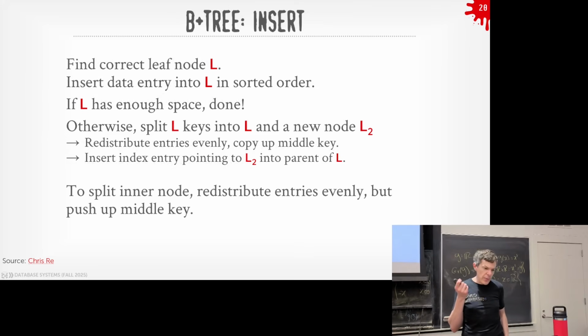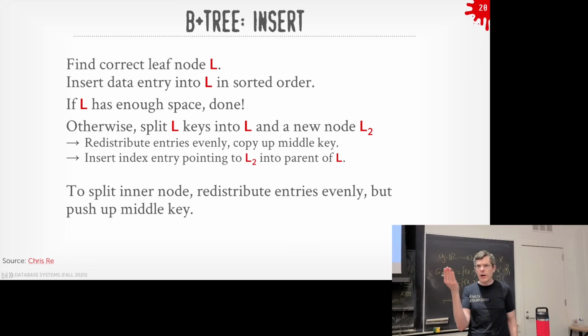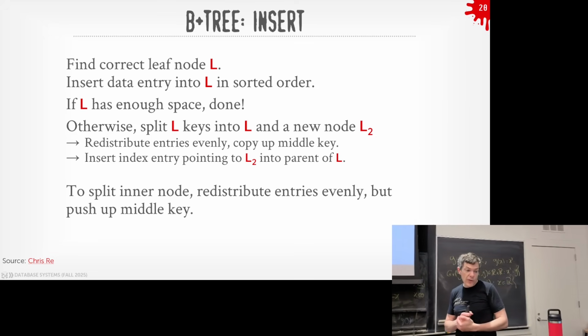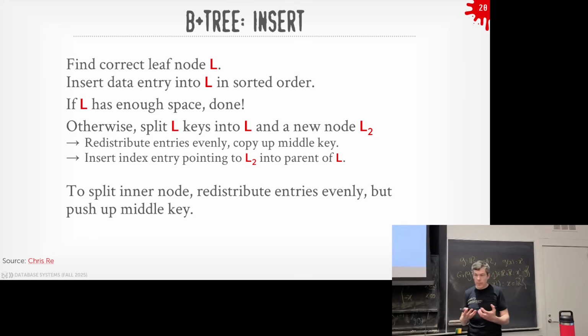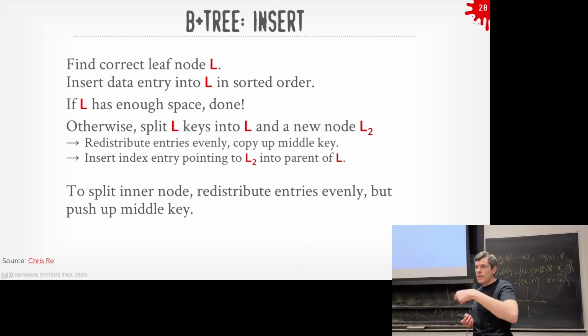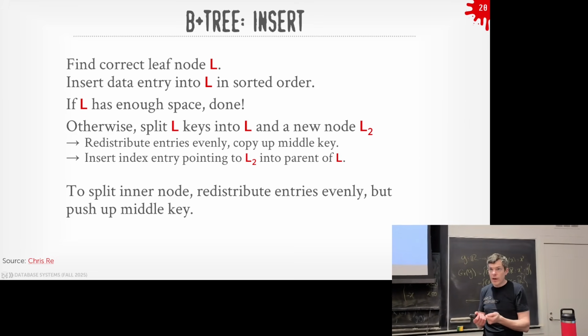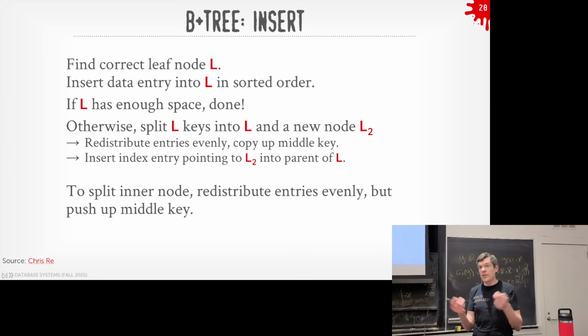All right, so let's first talk about how we want to do insert. The protocol for doing a lookup is, again, you just look at the keys, figure out whether you want to go left or right, and then jump down and keep going until you find the leaf node, and you either find the data you want or you don't. Now to do an insert, we're going to do that same lookup procedure where we traverse the data structure, find the leaf node that should have the key that we want to insert, and then try to insert it. If there's enough space in that leaf node, great, we're done.